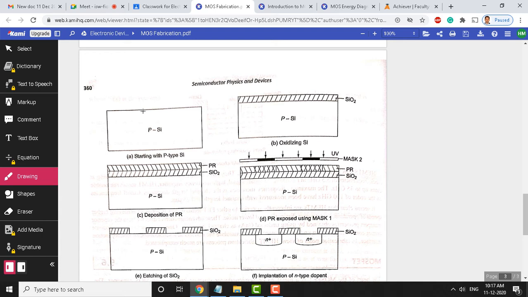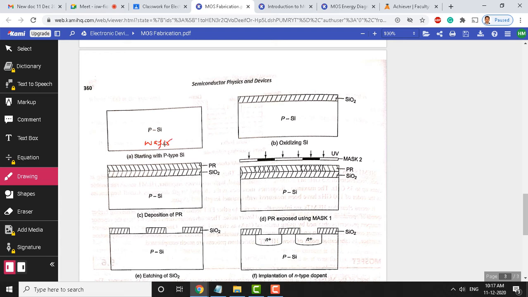This is nothing but the rectangular shape that we have shown here. This represents a wafer. Though we are discussing one transistor fabrication here, in reality we will fabricate hundreds of thousands of transistors at a time. Okay. But to simplify our diagrams, we have shown only one transistor fabrication in the entire wafer, but adjacent to this many transistors are also fabricated simultaneously. So, this shows the cross sectional view of the silicon wafer. Okay.